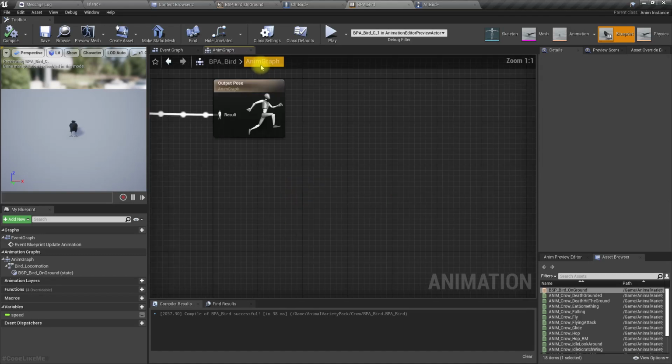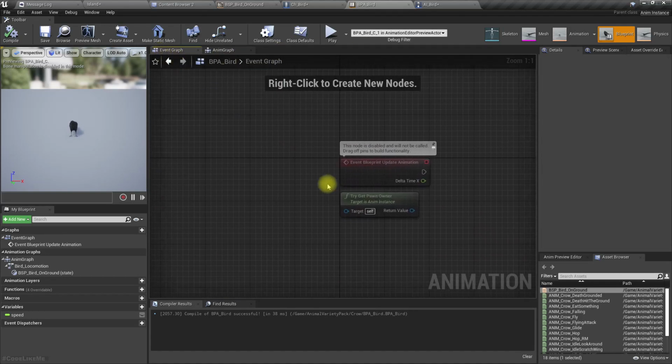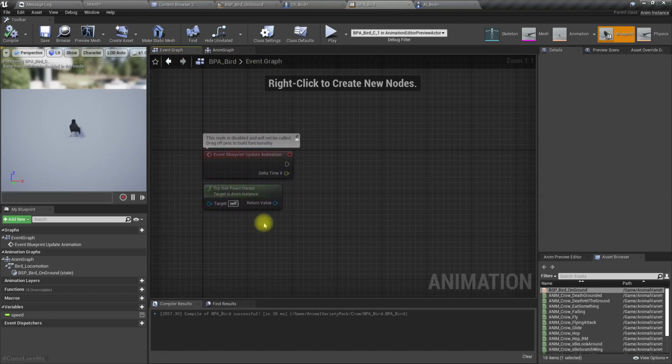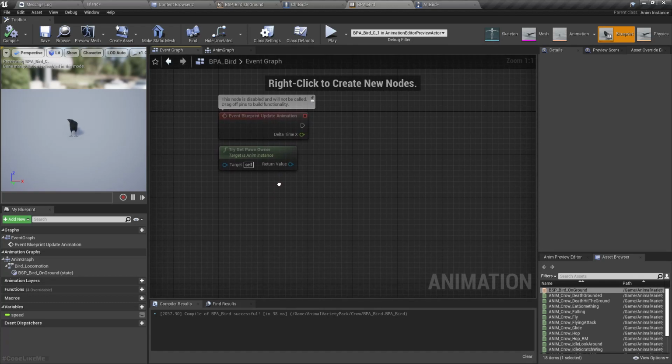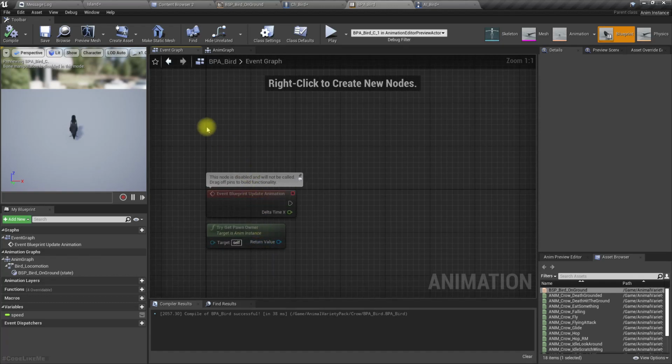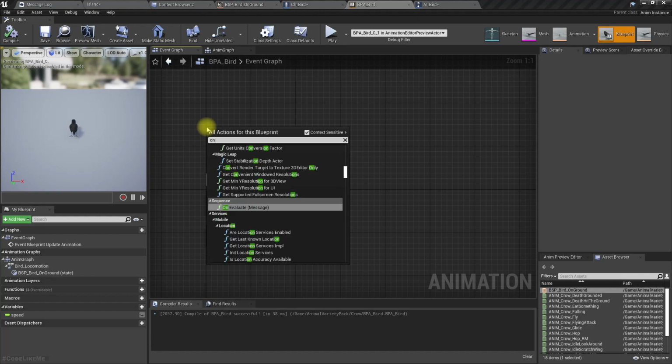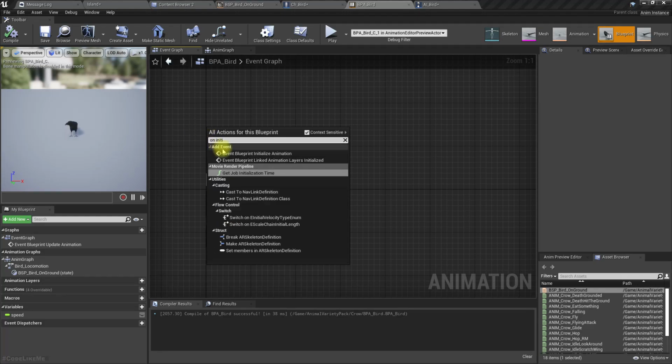Okay, here in the event graph, we have on initialized.